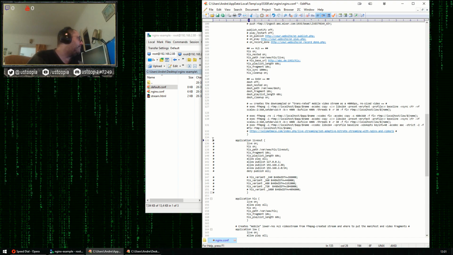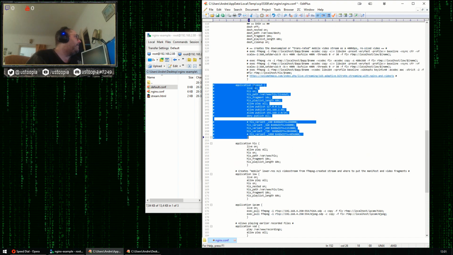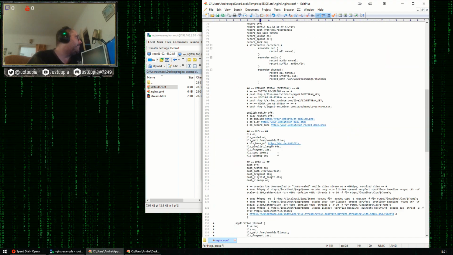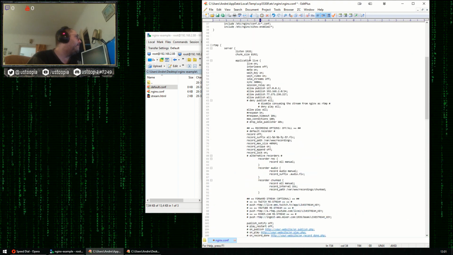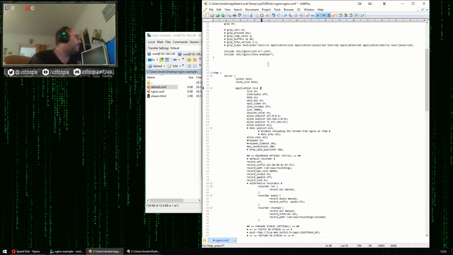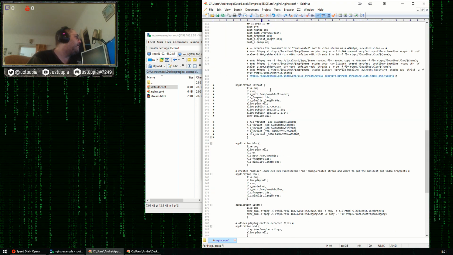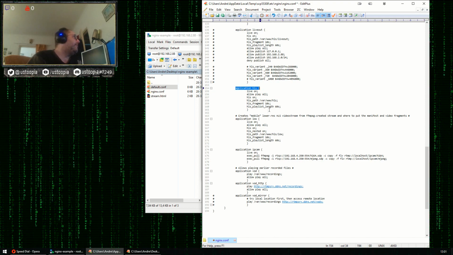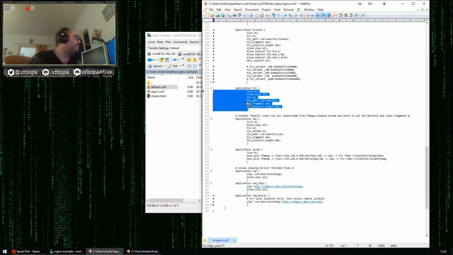Live out, I was testing with this. As you can see, I've disabled it all. Then we go to application, HLS. So first we had the HLS settings under the application live block, so to say. Now we have an application HLS. There's nothing really special in here, as you can see. I think it speaks for itself. I already explained this earlier.